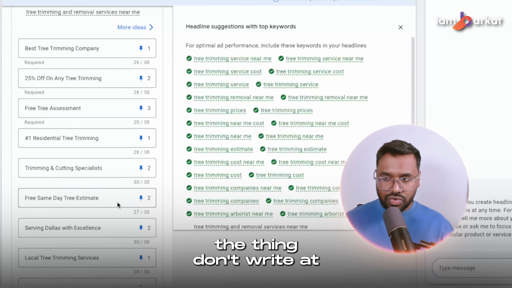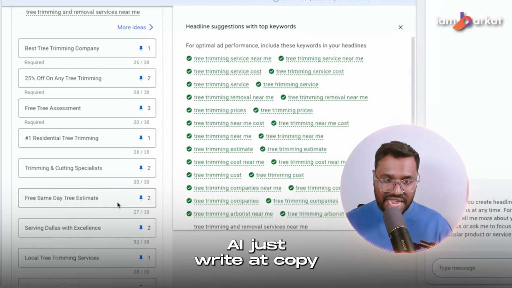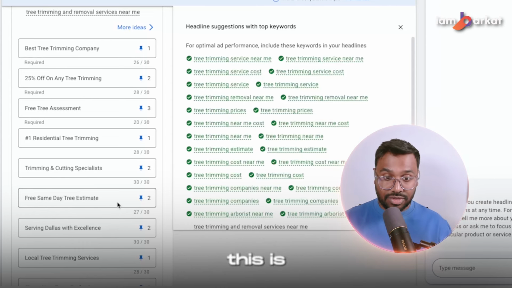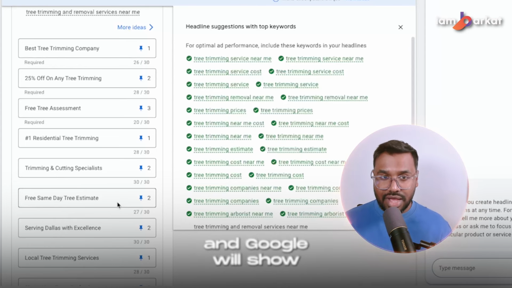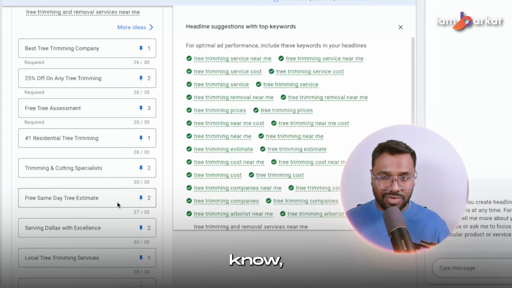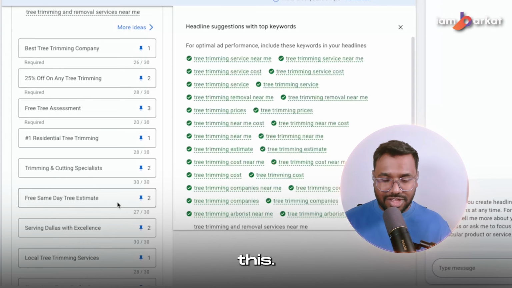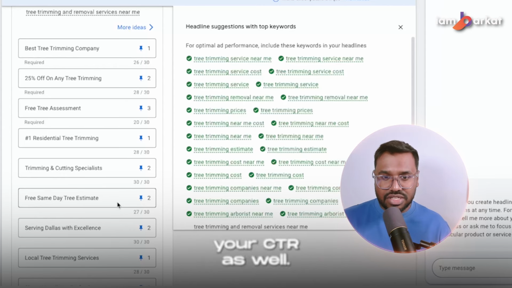So here is the thing, don't write ad copy for machines or for Google or for AI. Just write ad copy for the people, for the visitors who will see your ad. This is the most important thing. If we just create the headlines and don't pin, and let it run, Google will show them randomly. Let's say you are using a line here like free tree estimate, and here you write call for free estimate. Google will show both at a time. I know that it will not happen every time, but sometimes it happens, which affects your CTR as well,